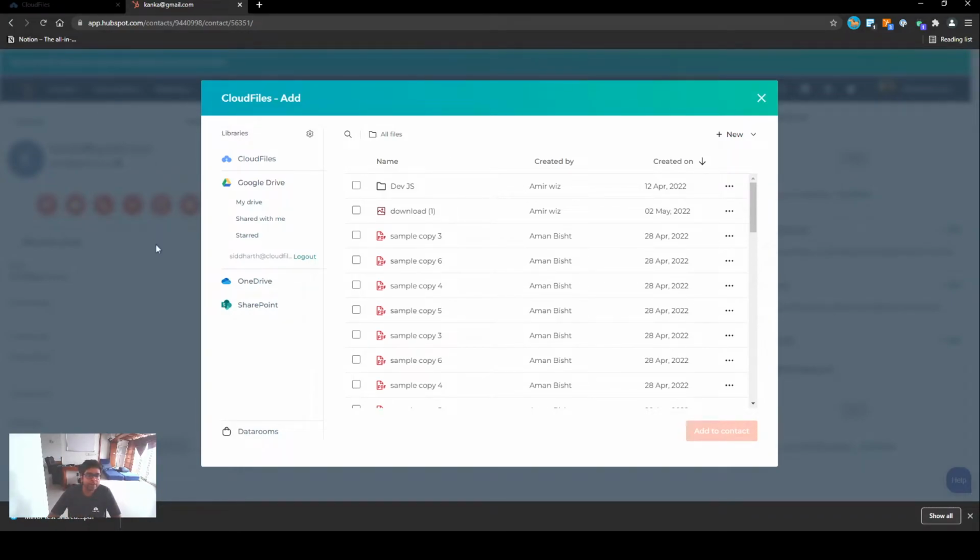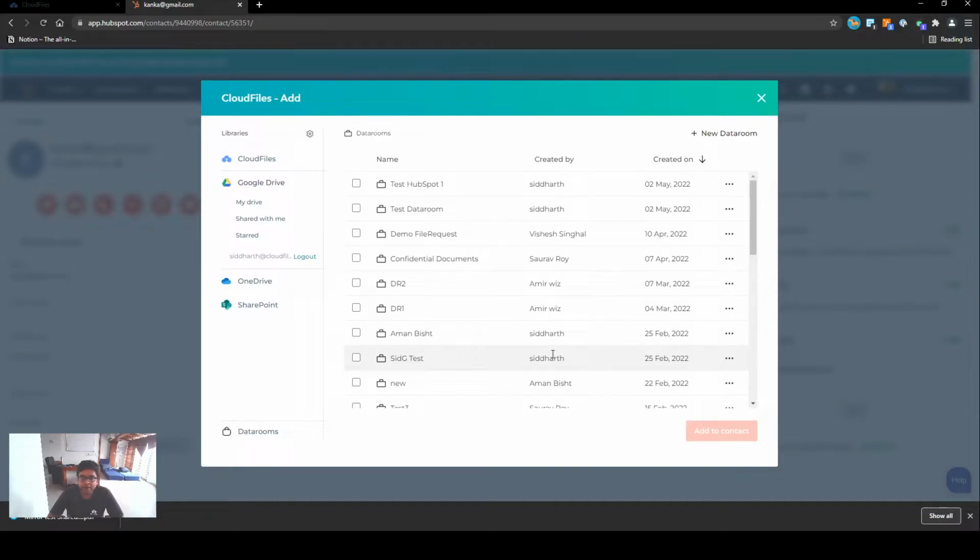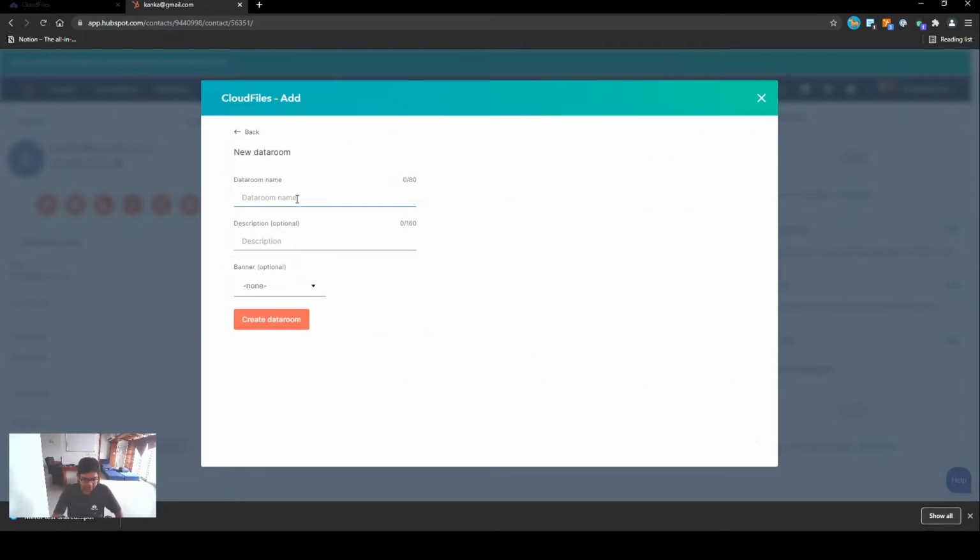So now that you have access to all of these files, now you want to share these files as a single file portal. So for that, the feature that we provide is called data rooms. Let me create a data room over here. So I'm just going to click on this data room button at the bottom left, and I'm going to create a new data room. I already have a bunch of data rooms over here, but I'm just going to create a new data room. Let's name this test